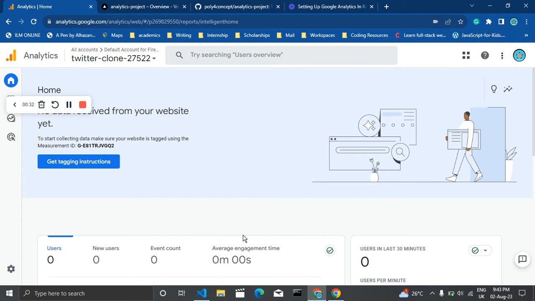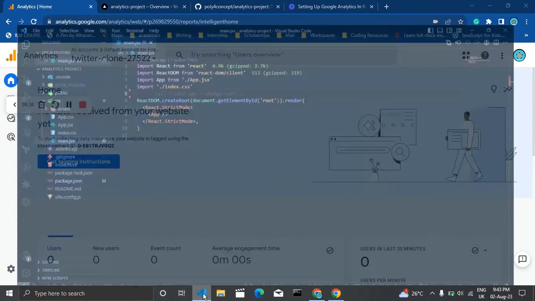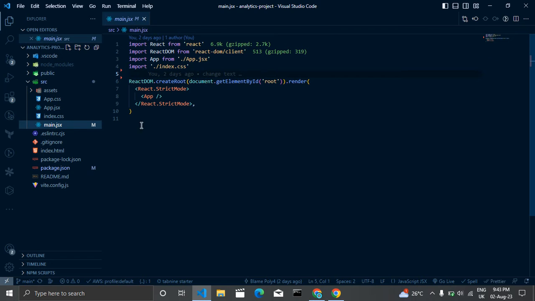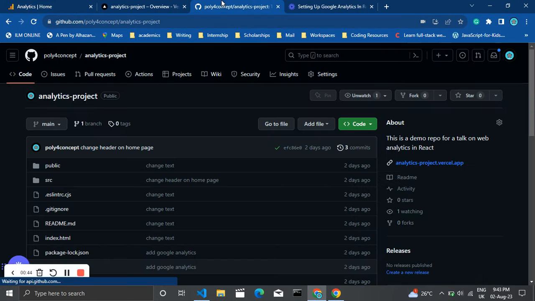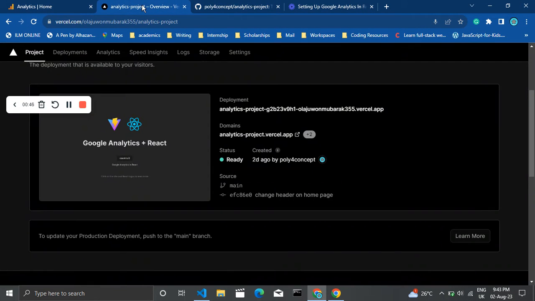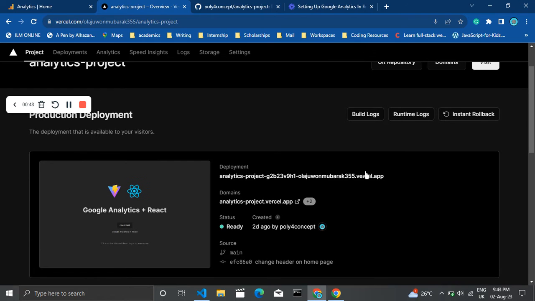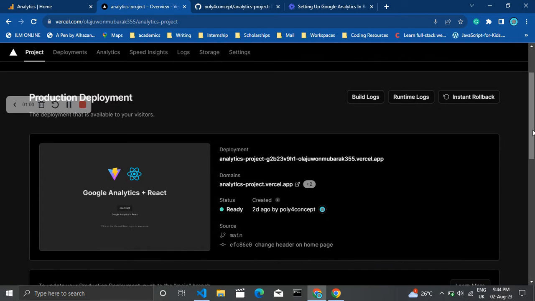Just to start with, for this tutorial, I'll be using a Vite-based React application that I've set up with Vite. Also, this application is deployed on GitHub and on Vercel, so the application is live and we can use the live link in our Google Analytics setup. You need this to get started. You can use other deployment options. You can use Netlify. You can use ngrok for local deployment. You just need the React application to be deployed online so that we can use that in our